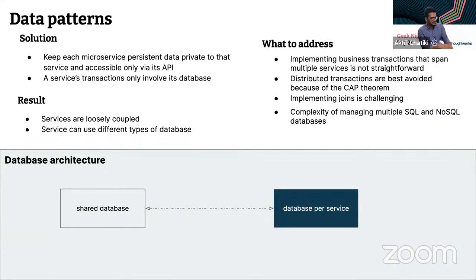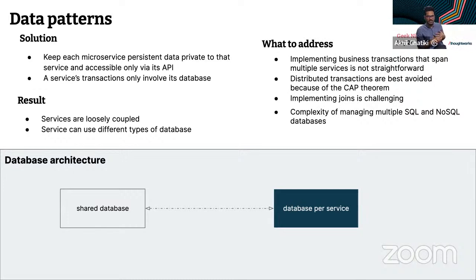So next, the database per service. As it explains, you have one database for each. This will isolate the microservices properly, and they're totally distributed now, highly loosely decoupled and well isolated. And then the things that you want to worry about. So your queries will now span across services, across multiple databases, and distributed transactions are best avoided because